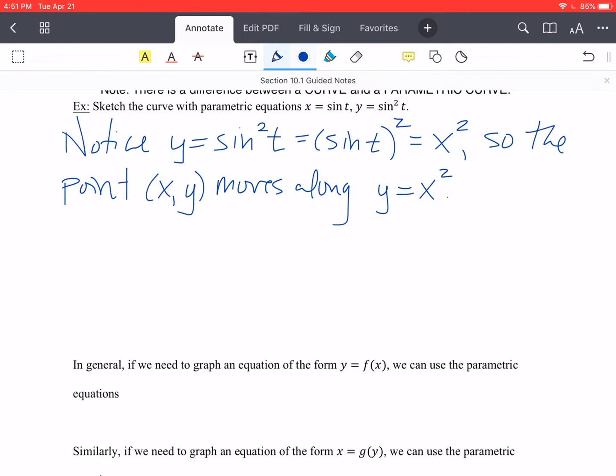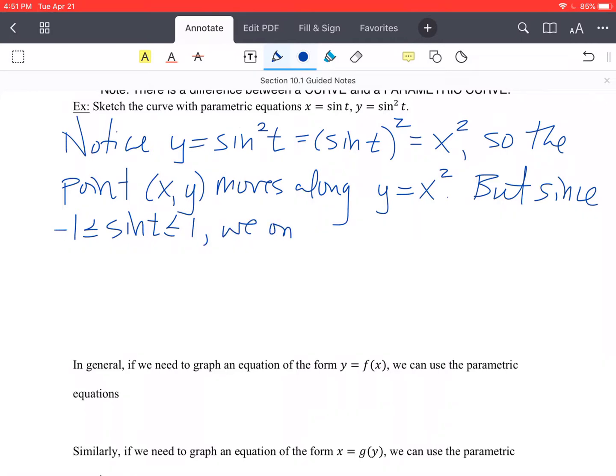But it's not going to move along the entire parabola. It's not just the whole parabola, y equals x squared. It's only a piece of it. And the reason for that is because the function sine, in both of those, oscillates between the values of -1 and 1. So sine will not grow infinitely large. It will only have outputs between -1 and 1. So since sine of t is between -1 and 1,